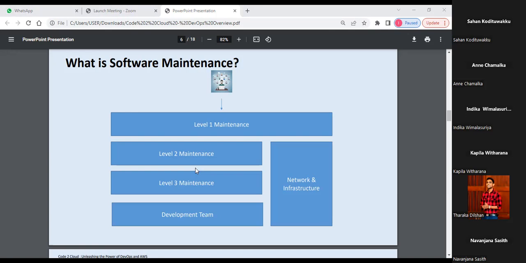As I said, mistakes happen, failures happen, and we try our best to minimize them. But if it is a code bug, then it will go to a level 3 maintenance team. This team will focus more on code level fixes and minor enhancements and those things. And then if there's a failure that is beyond that, for example, maybe someone has forgotten a complete functionality,